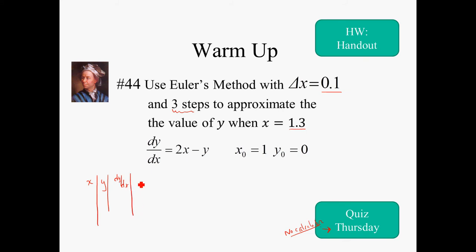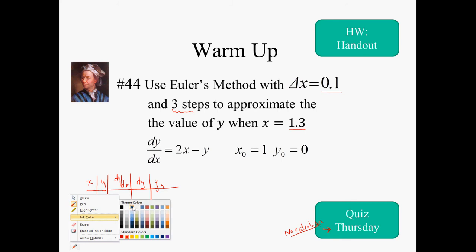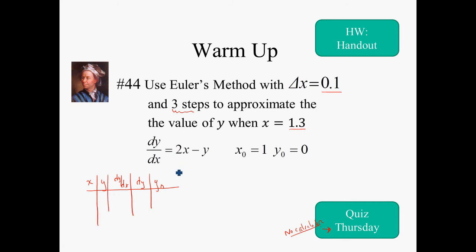If you use the table, what would be on the rubric for this would be, do you recognize that you're starting at 1, that the derivative at the initial condition is 2 times 1 minus 0, which is 2, multiply by dx to get dy. So if you're multiplying dy dx, which is 2 times 0.1, you of course get 0.2, and then